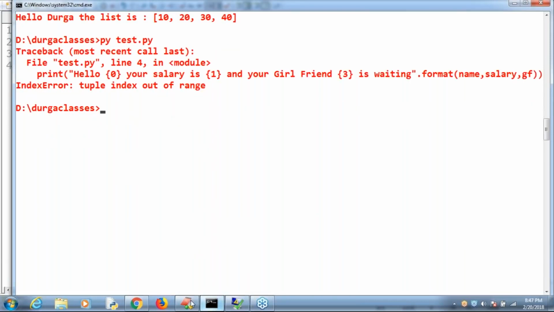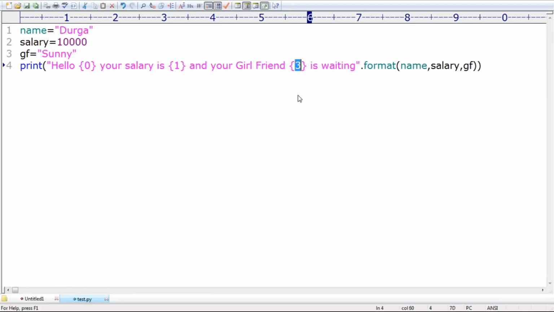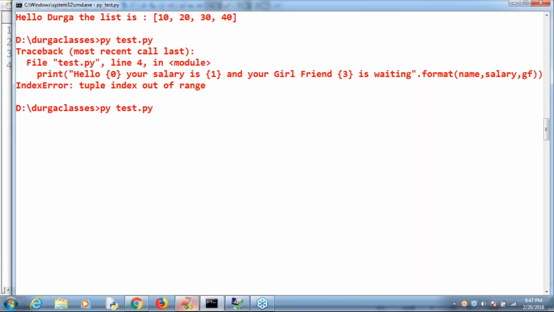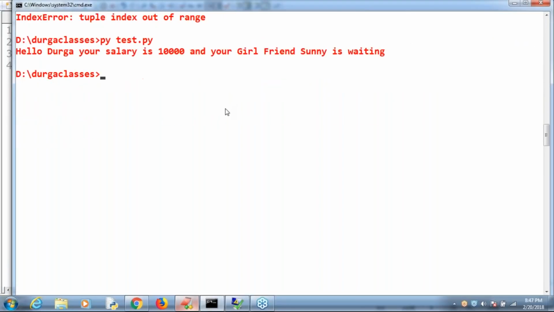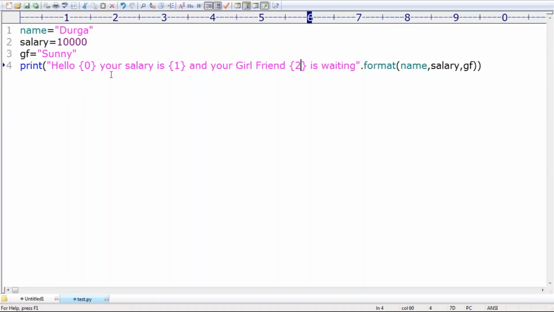Yes, there is a small mistake I made, right? The indexes are 0, 1, 2, like this. The output is: Hello Durga. Your salary is 10,000 and your girlfriend Sunny is waiting. Remember that. It's very clear, right?